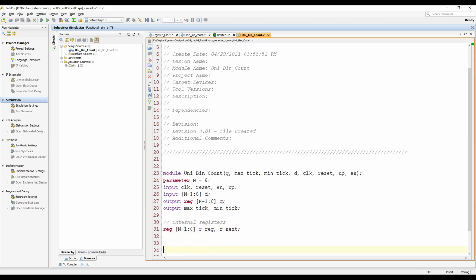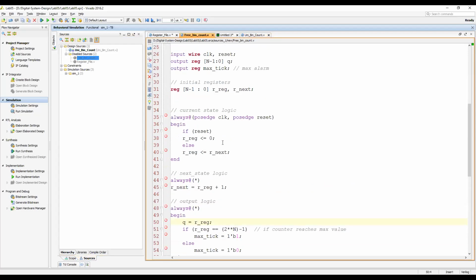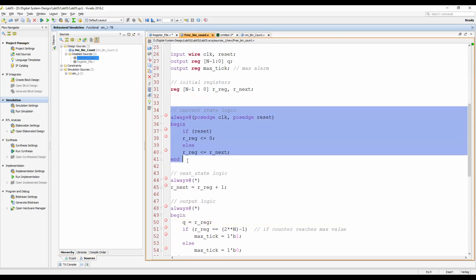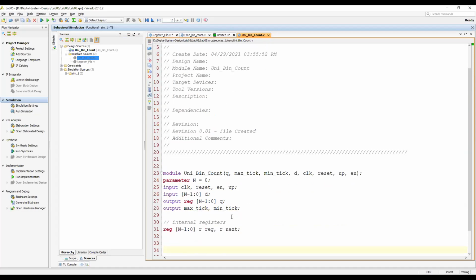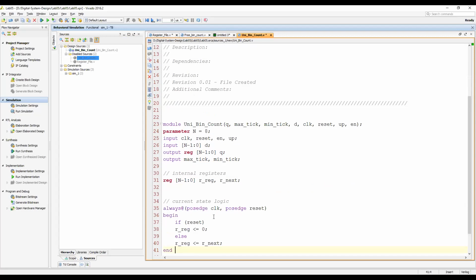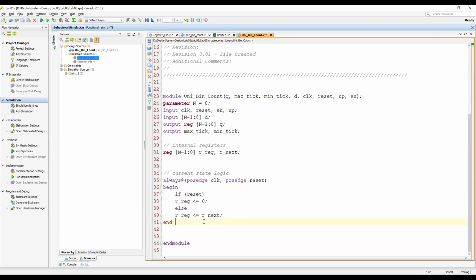Okay, so this part, I told you, is completely the same. I do not need to write it again. It's completely the same, I will just copy. So this is the current state logic. And what is the next state logic? The next state logic is always